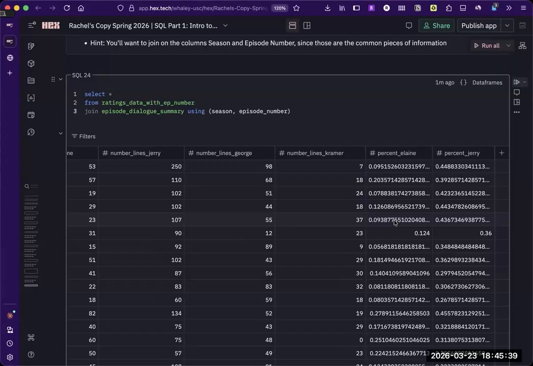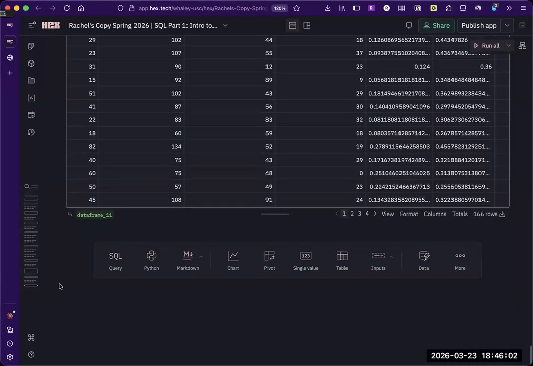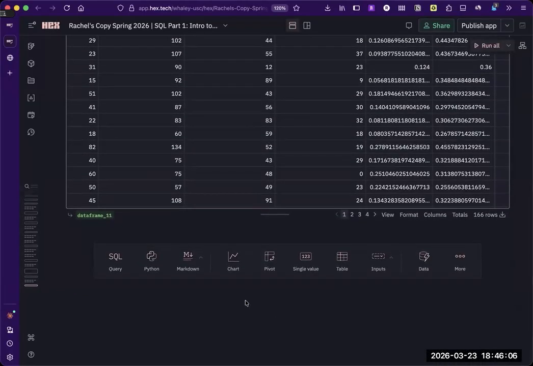But the last thing I'll show you is some quick tools you can use within Hex to start exploring this data that we've put together. If you've ever used Tableau or Power BI or any other kind of graphing tool, Hex has a lot of that built in as well. So you can use any results of your SQL to make a quick chart or graph, which I think is really useful. So once you have your data set here with all of our data joined,